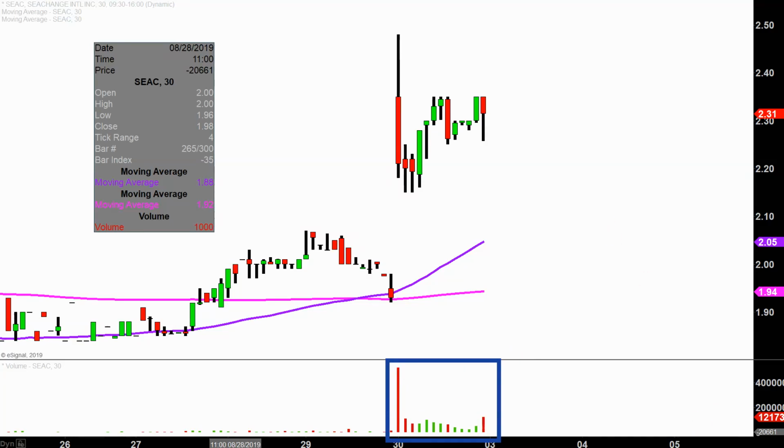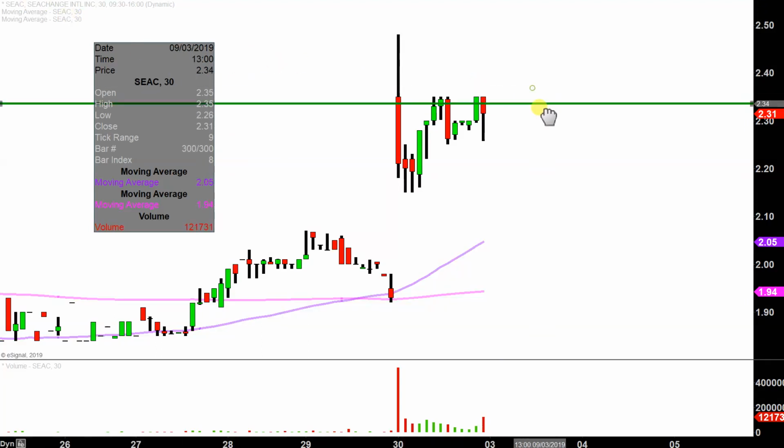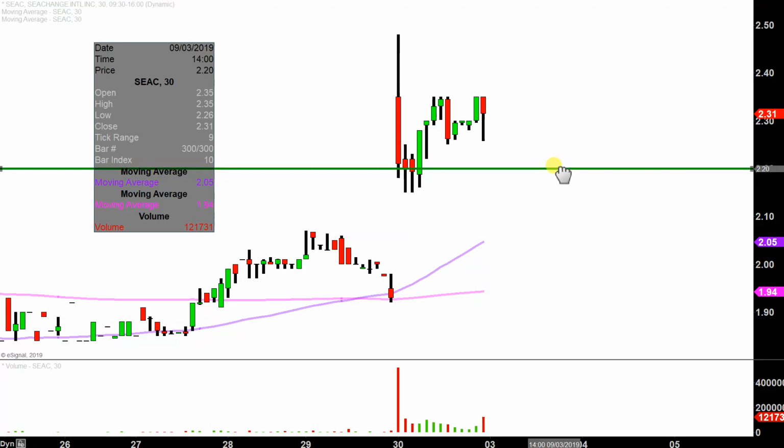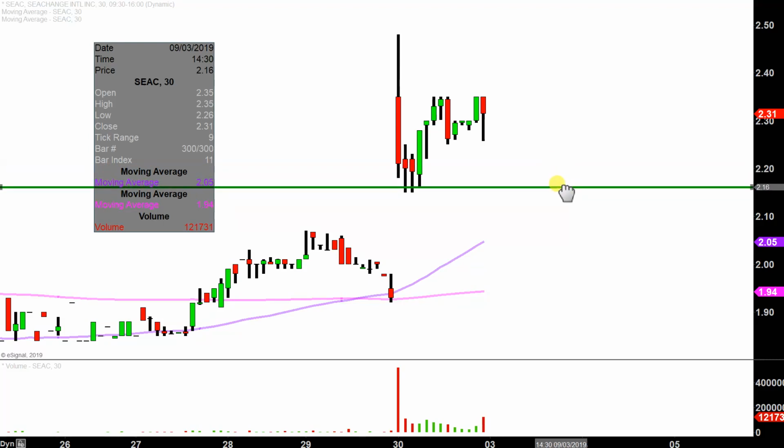So let's map out some areas of support, and then we can talk levels of resistance. First level of support is what I would call the ideal level. When we say, hey Clay, what would make this chart look the absolute strongest going forward? That would be if the price could stay up above $2.15. Now, don't get me wrong. If the price falls below $2.15, I am not saying the entire chart is destroyed or ruined or anything like that. But yeah, if the price could manage to stay above that level, that would definitely be a massive sign